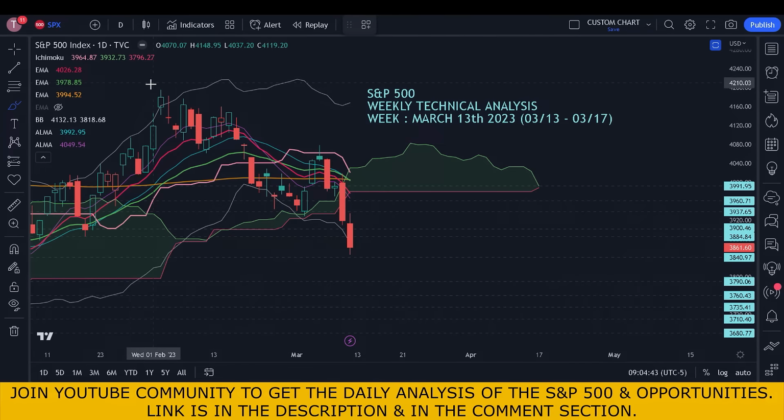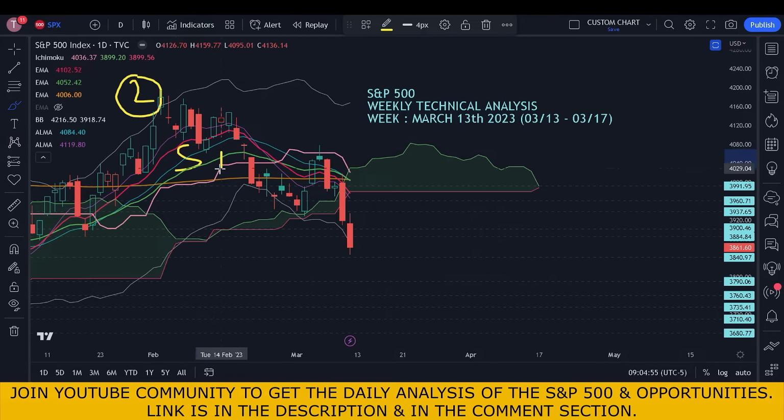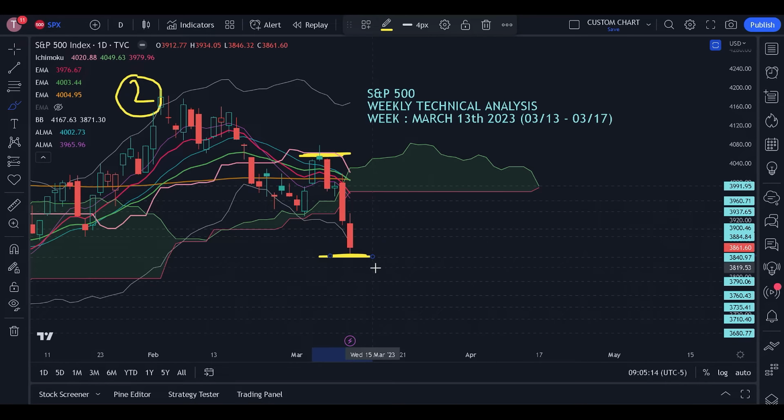Now guys, we are going to discuss the second point of the agenda of this S&P 500 weekly technical analysis, for the week of March 13th, 2023. So the second point of the agenda is the support and resistance levels. As I mentioned earlier, last week we knew that it would be the 4035 zone and then the 3840 zone. This week, however, there is a little change, and the change is on the resistance